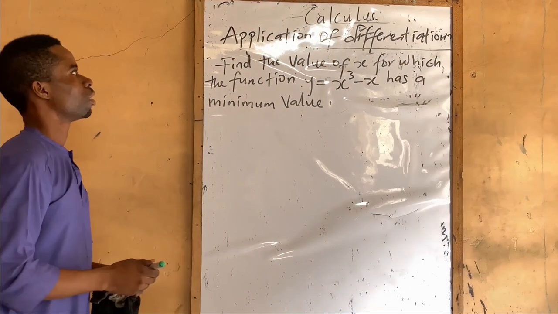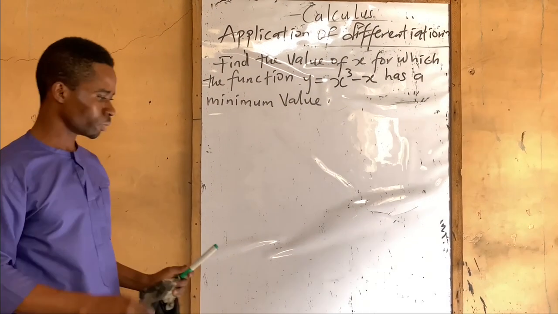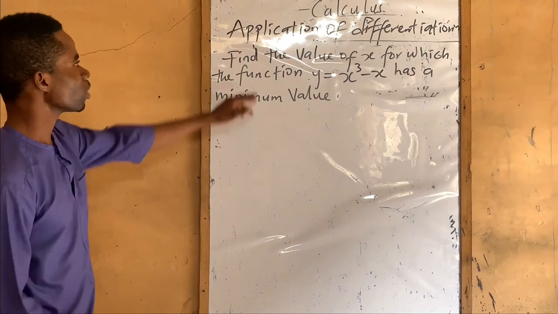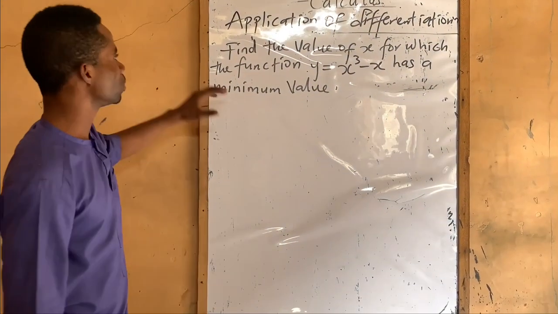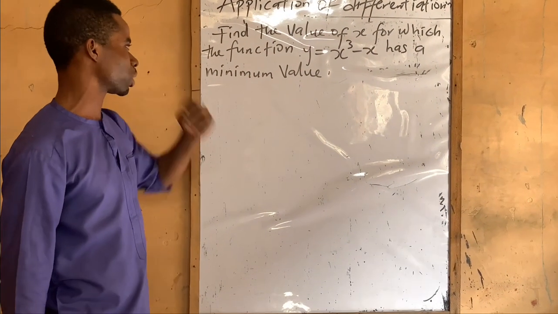Now, we'll do this one, we'll stop for today. Now, it says, find the value of x for which the function y equals s cubed minus x has a